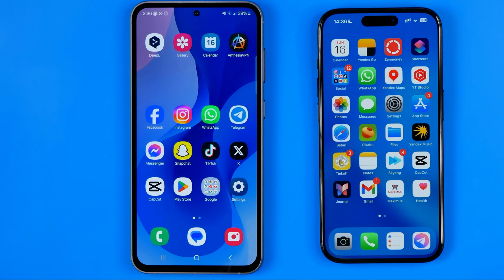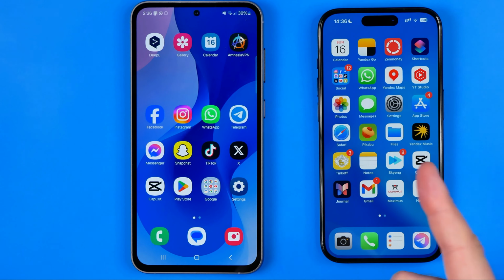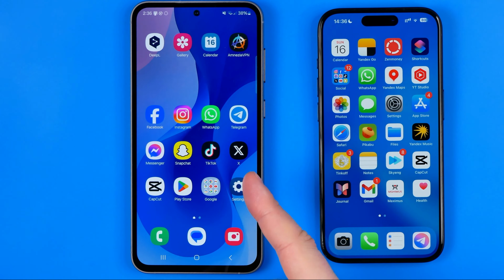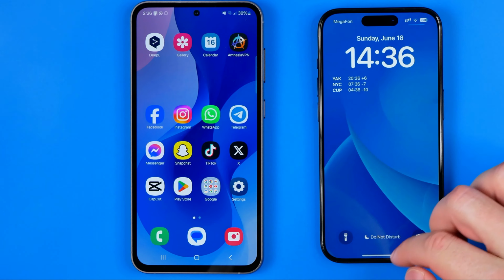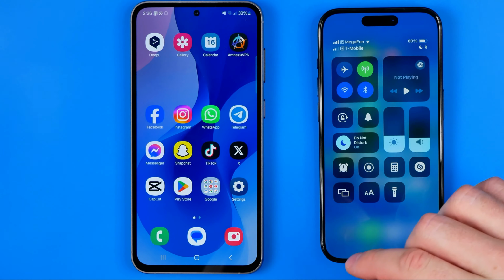In this video, I'm going to show you how you can easily send any file from iPhone directly to Android smartphone. Be sure to watch the video to the very end so you don't make any mistakes. Let's get started, guys, and the first thing that you should do is make sure that your iPhone device and